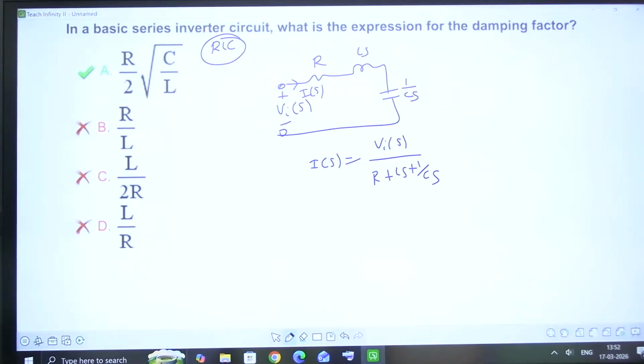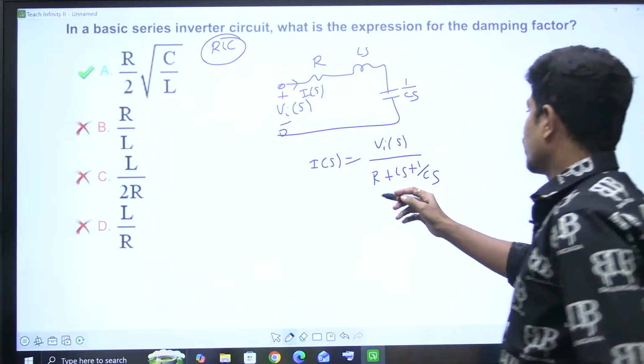The reason is, you can take any variable as your consideration. There is no problem. You can take voltage across resistor, voltage across inductor, or current in the circuit. Whatever you want to take, you can take. There is no restriction about that. Now, current I of S is equal to VI of S by R plus LS plus